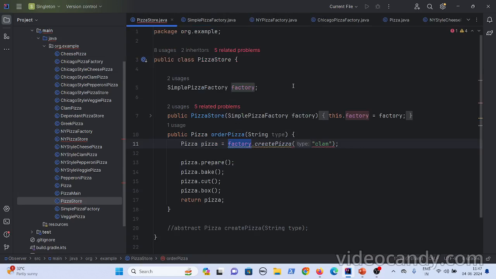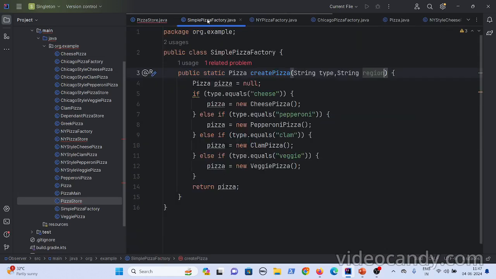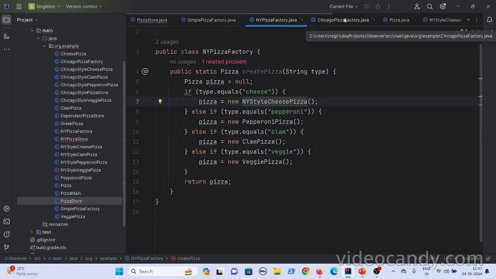But now you don't have a single factory, you have multiple factories. So you can create a simple pizza factory as a super class, and then the NY pizza factory and the Chicago pizza factory can extend from the simple pizza factory.